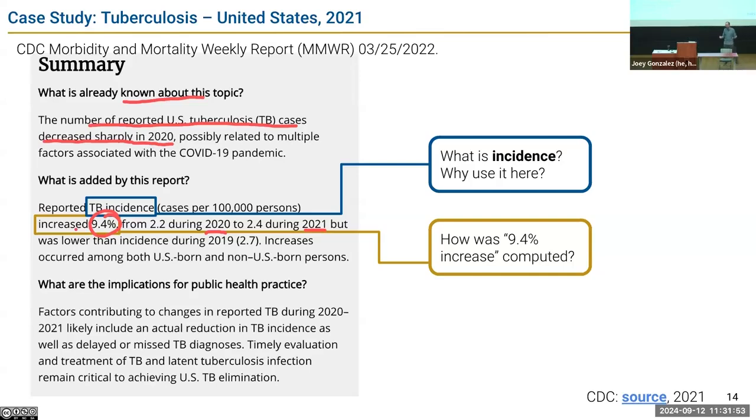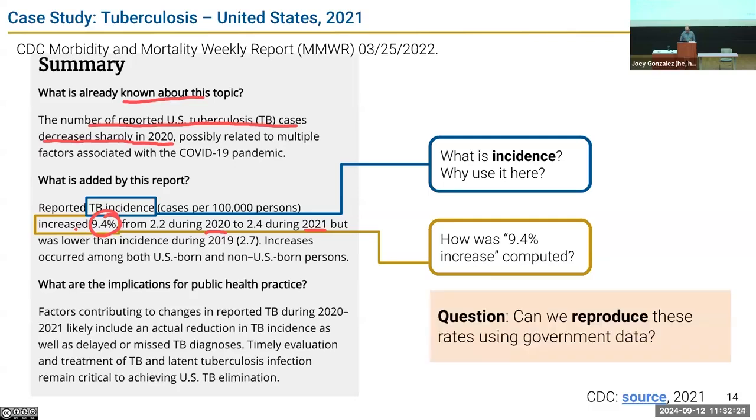People are stuck at home. Maybe COVID or tuberculosis isn't spreading. It's an airborne disease. People wearing masks all of a sudden. Maybe it's spreading less. Also, people who have tuberculosis are like, I'm stuck at home and I'm coughing. It's probably COVID. So reporting was also down. Maybe as they got better at the pandemic, they're like, oh, I should go get this cough checked. Go to the doctor. Okay. So a lot of things are going on. There was a study to understand kind of these trends. We're going to look at some of the data in that study and try to recreate some of these calculations. So can we reproduce these results using government data?